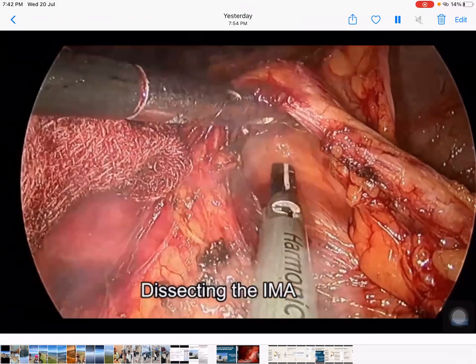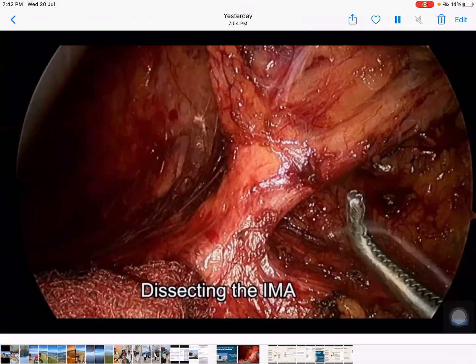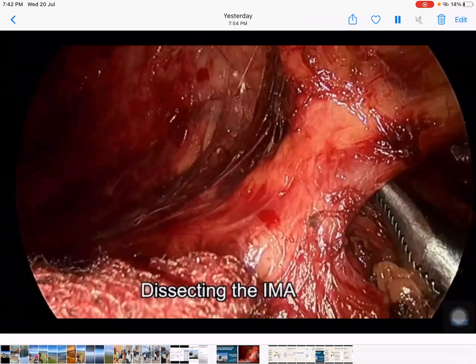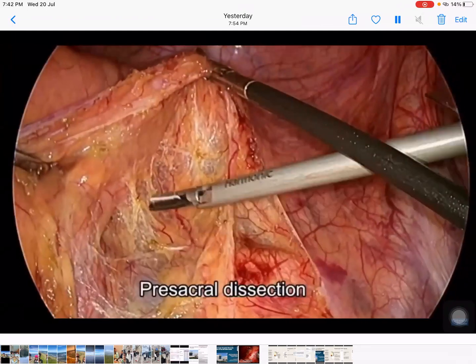So what you do, you take the fibrofatty tissue along the inferior mesenteric artery and along the left colic. So you follow the vein. This is the inferior mesenteric artery. So here we know